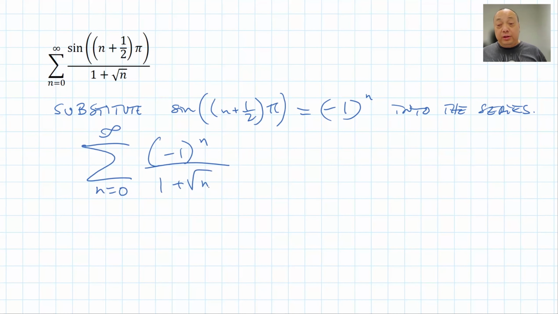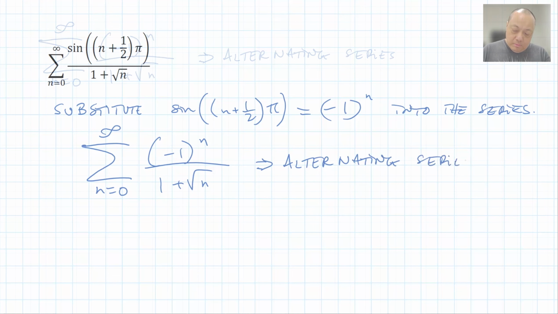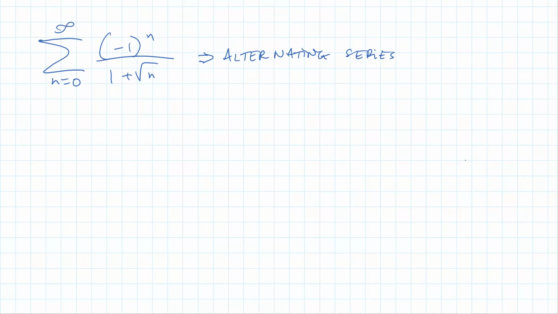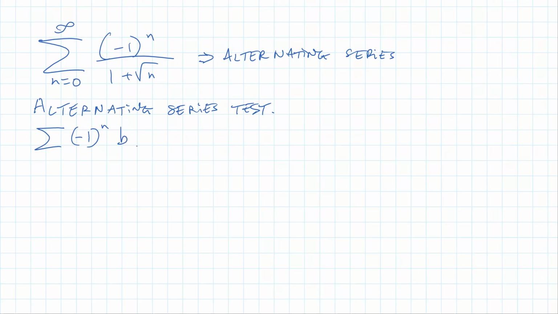I substitute this in, I got this series, and I recognize it is an alternating series. Well, an alternating series has its own convergence test called the alternating series test. And it goes like this. Suppose that we're given a series of (-1)^n b sub n,